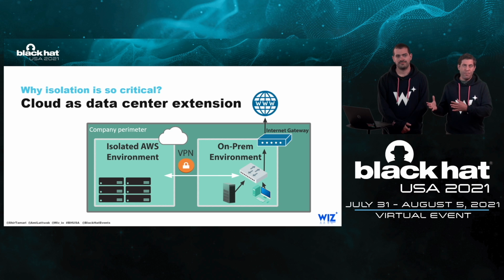Imagine that this kind of company, where the cloud is there, but it's an isolated instance, and they assume that there is no way to leak data from the cloud. What if we found a way to read data from that environment? That would allow an attacker to exfiltrate data from the environment without actually going through the gateway, essentially breaking their security strategy. So we wanted to look into a cloud-native mechanism that may break the isolation. Obviously, we started looking into identity.